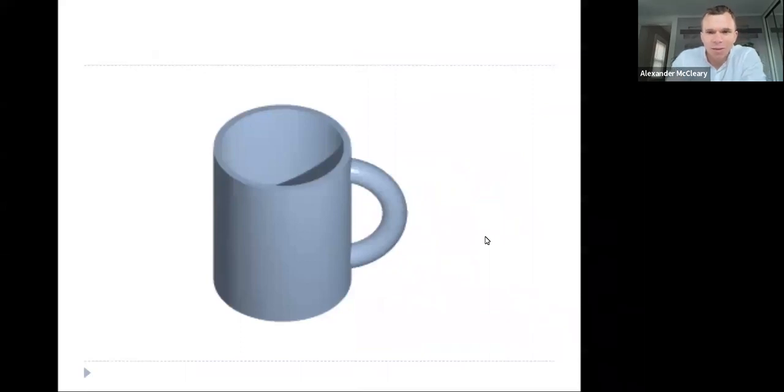Okay, so this right here is a coffee mug. I guess the animation isn't working right now, but this is a coffee mug. And there's a famous joke that a topologist can't tell the difference between a coffee mug and a donut. And so the idea behind that, though, is that